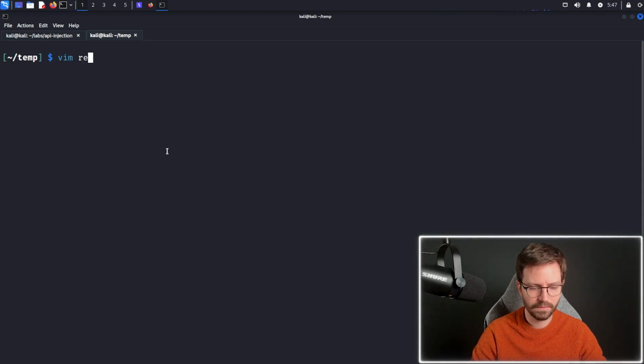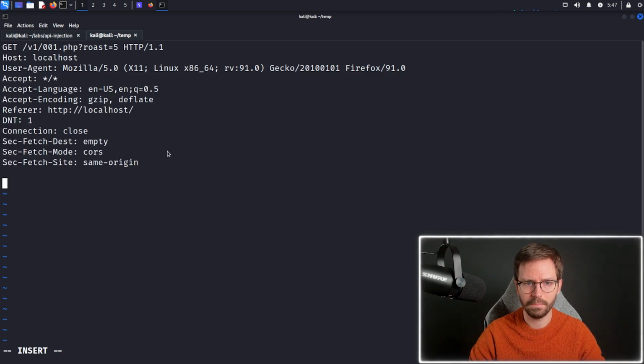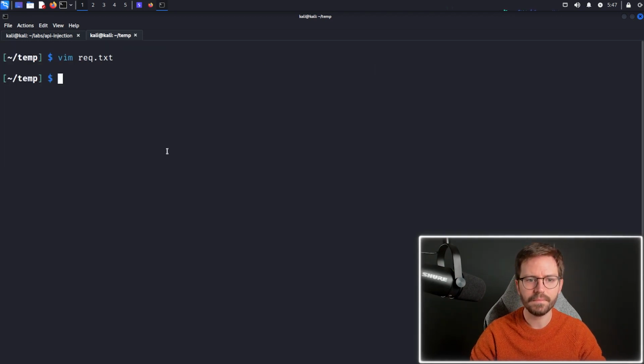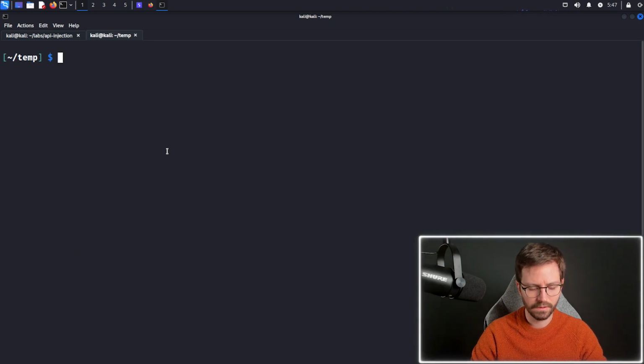I like Vim, so I'm just going to create a file called req or request.txt. You can call it anything you like. Insert, and I'm just going to paste this in. So if I cat this, you can see it here. And all I'm going to do is run sqlmap -r for request, and then pass in